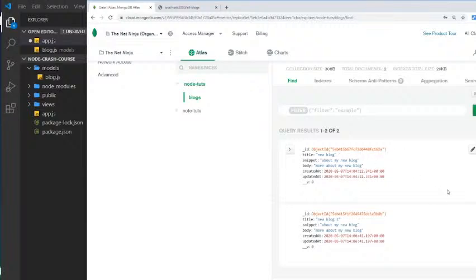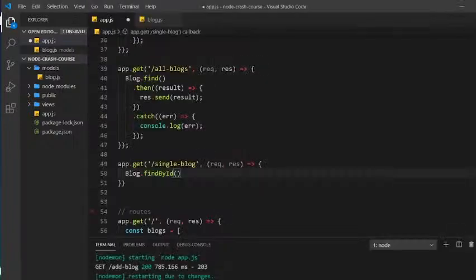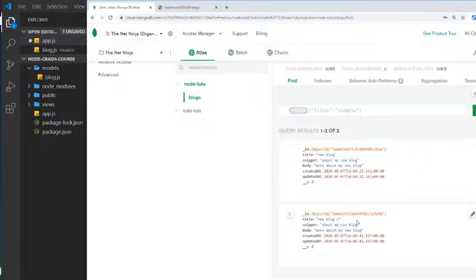Now this is a unique type and it's not a string when it's stored in MongoDB, but when we're using Mongoose, it handles the conversion of this into a string and back again when we need to. So if we want to find something by an ID, we can just pass in a string here, and then Mongoose is going to handle that conversion into an object ID to compare it to one of these documents and